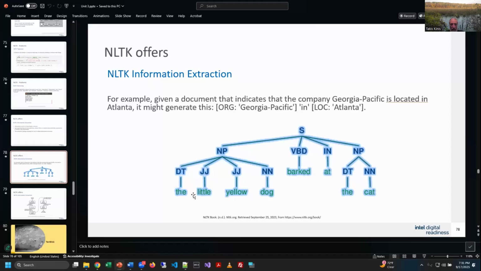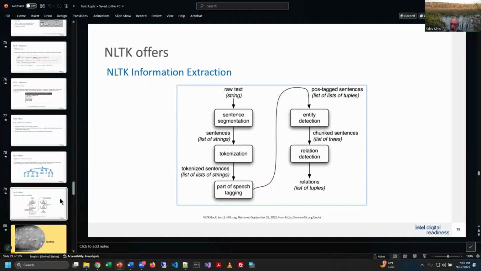Look at the thing down below, excuse me, where it says, if you read the words along the bottom, the little yellow dog barked at the cat, right? So what's this doing? It's taking the whole sentence, it's breaking it down, and there's all these little acronyms and whatever, and really it's extracting the information by breaking everything apart, right? So once again, tokenizing things really, and then breaking the words down, and then being able to identify their roots.